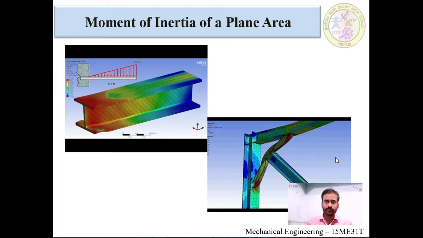So, why we need to find out the moment of inertia? In analysis of structures or the buildings, we have structural members like beams, columns. In that case, we need to calculate the moment of inertia, then that moment of inertia value is used in the design equations, so that whether the given or the designed beam or the designed structure is safe or not, to calculate the stress induced in the beams. So, we need to know first moment of inertia.